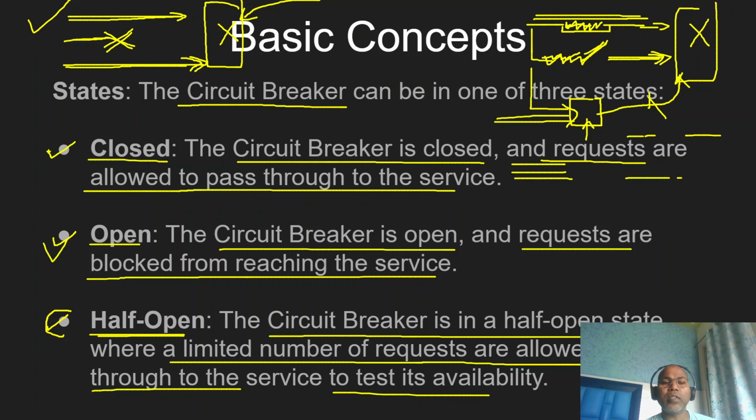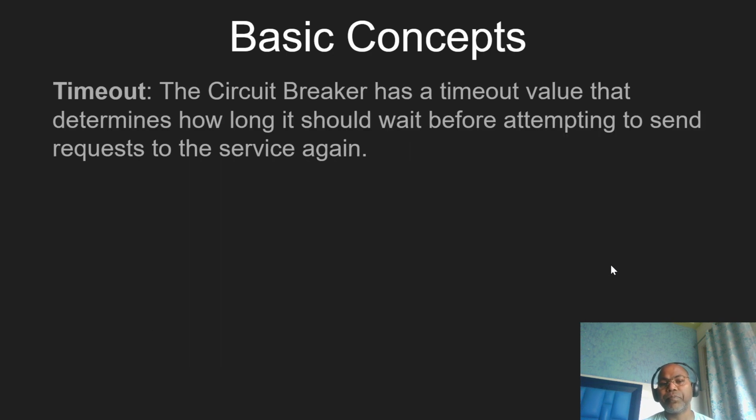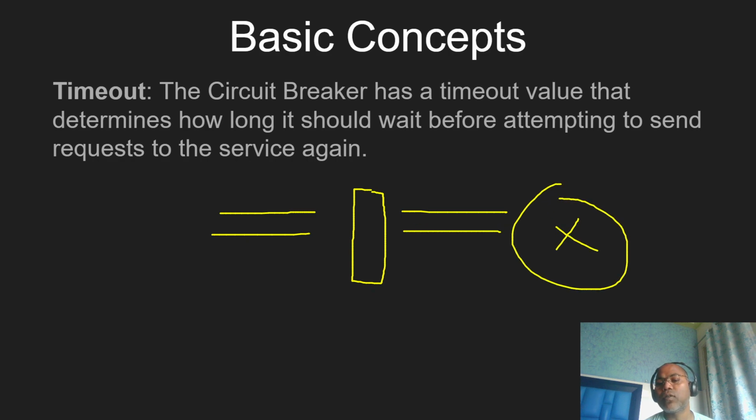When the circuit is open, that means you can stop. When the circuit is closed, you can send. But how do you restart and resend on the basis of some condition, maybe multiple retry attempts? So these are the basic states where our circuit breaker decides when we are going to continue the request to the faulty node. And the half open state also defines some timeout: how much time are we going to stop sending requests to the particular microservice?